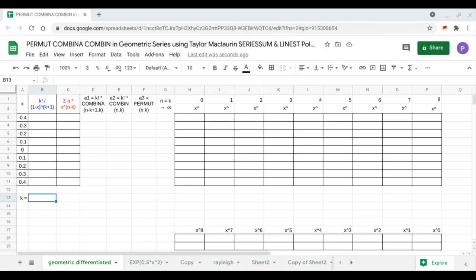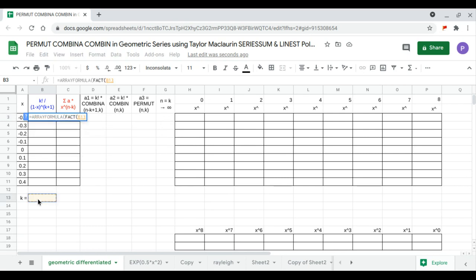In this video, we'll use permute, combina, and combine functions to generate the trendline polynomials of the geometric series using Taylor-Maclaurin series sum and LINEST Polynomial Regression. We begin with the dataset of the geometric series. So this is equal to our formula, factorial of